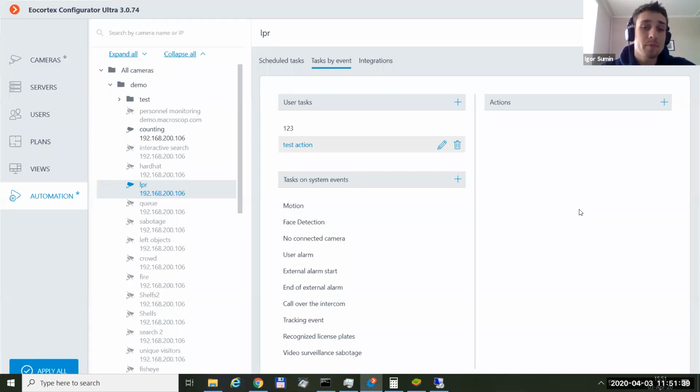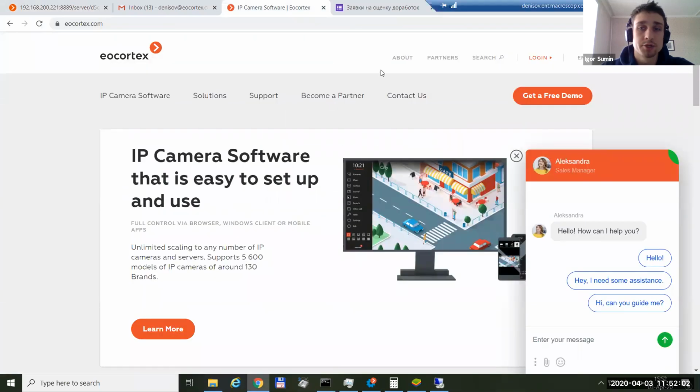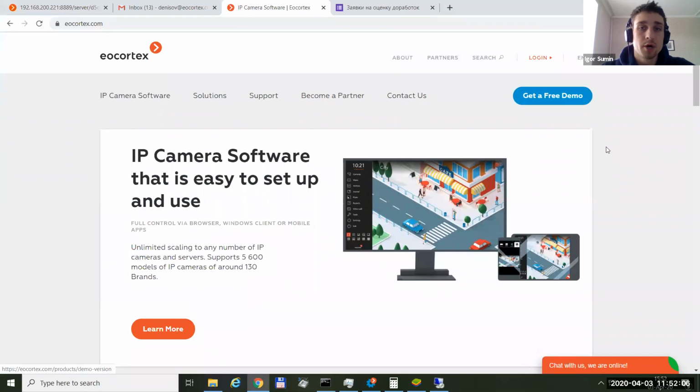Right now, I think we discussed everything that I wanted to show you about the configuration. Let's take a look at the configurator, the calculator, and some points on how to calculate the load on the server. So let's open the browser and open the Eocortex website. So here, to open the calculator,